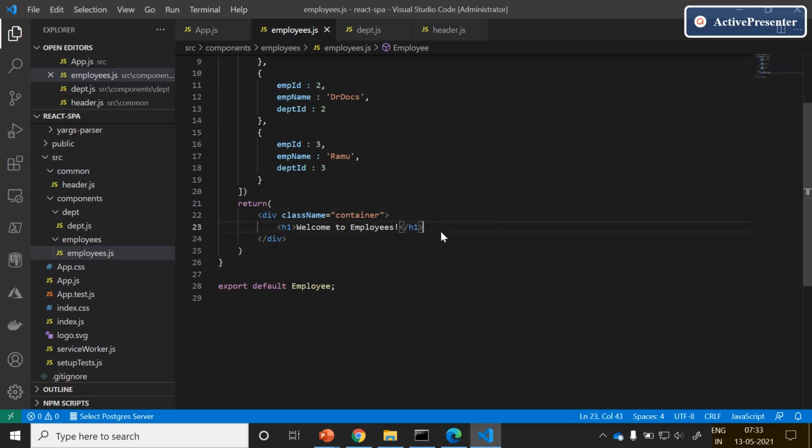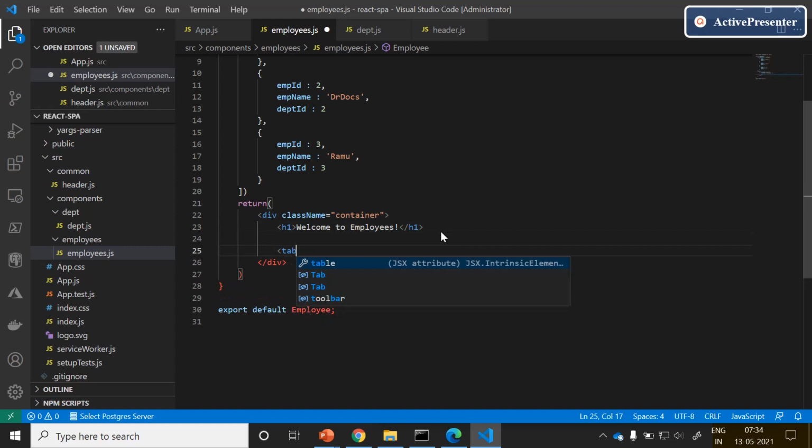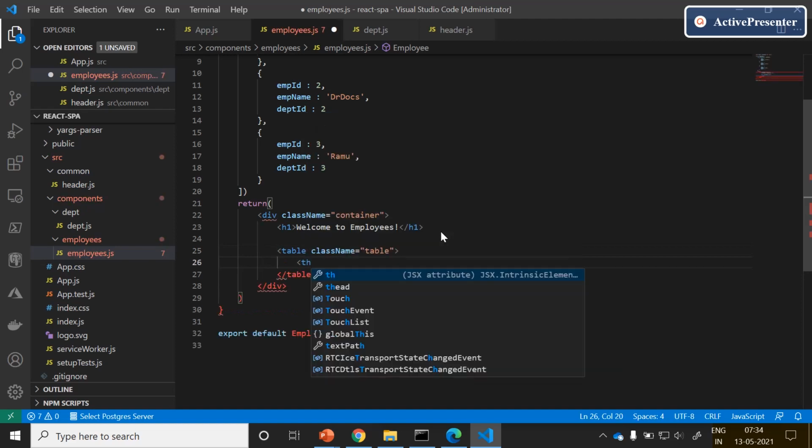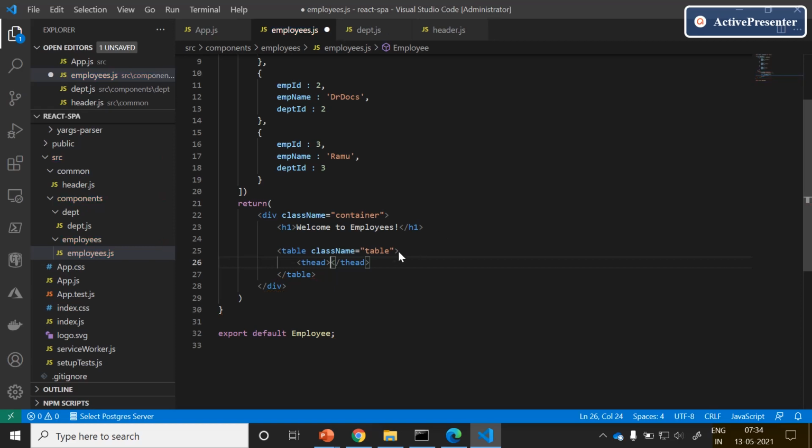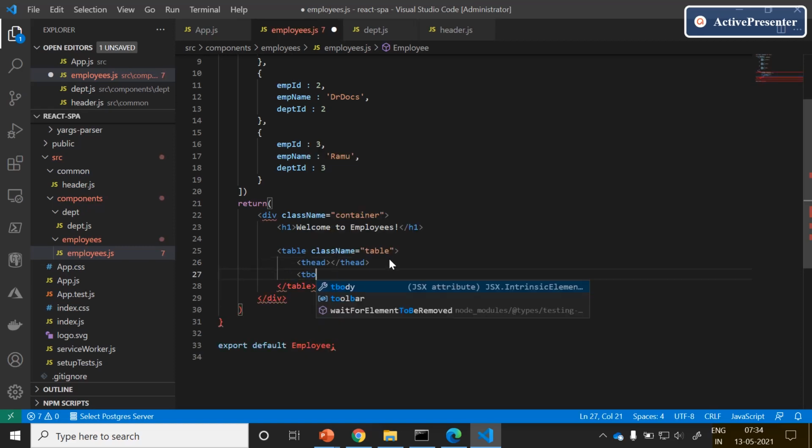Below this container, let me add a table, and the class name is the Bootstrap default table. I would like to add thead and tbody.